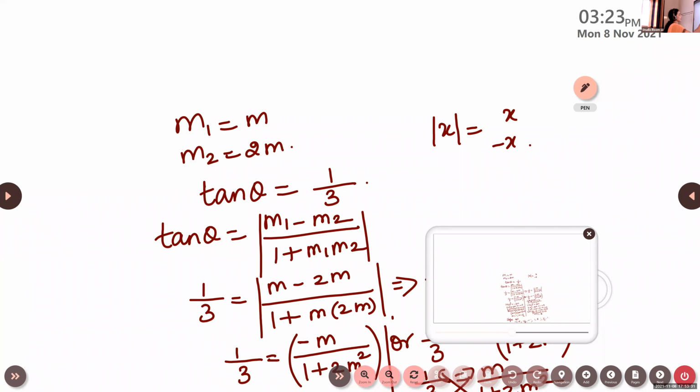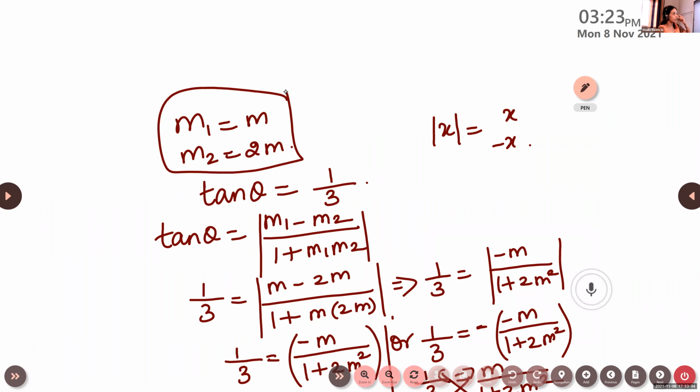Look at this. Okay. Listen, children, in the beginning, we are taking slope as m and 2m, where m is the slope of the first line and 2m is the slope of the second line. So when m takes value 1, what about the slopes? 1 and 2. When m takes minus 1, accordingly, we'll get the next set of slopes. So for m, we are assigning 4 values. When we assign 4 values, accordingly, the slopes will change. So we'll get 4 set of values. Is it clear, John Philip? Yes, ma'am. What about Anne Mary? Is it clear, Anne Mary? Yes, ma'am.